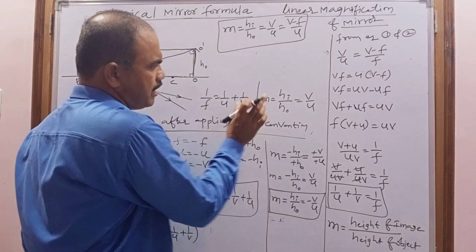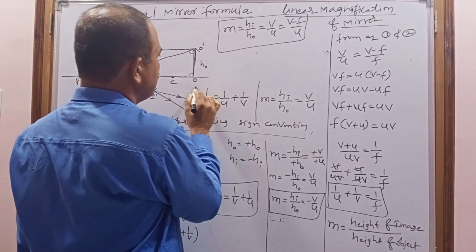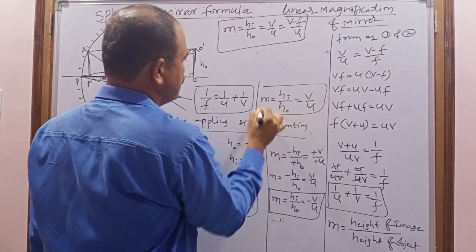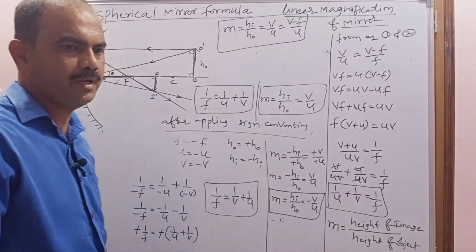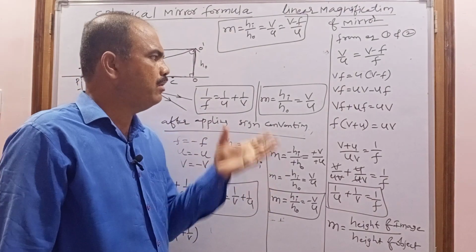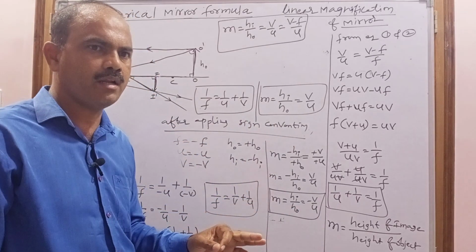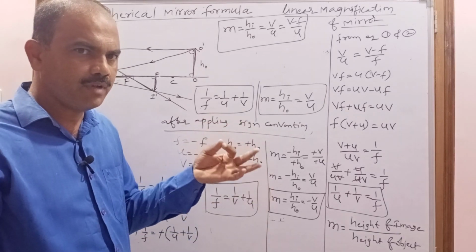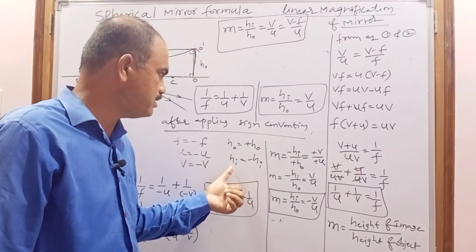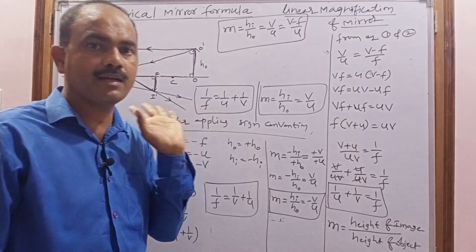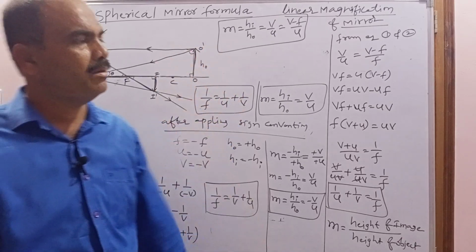Now the same two formulas are also applicable for convex mirror, and after applying the sign convention we have to use them. So these are the two general formulas that can be applicable for concave mirror as well as convex mirror. But very important is, while we are using these formulas, we always have to use the sign convention. After applying the sign convention, that is, after substituting the signs in this equation, only then do we get the result correctly, otherwise we get the wrong answer. So this is today's topic of mirror formula and magnification of mirror.